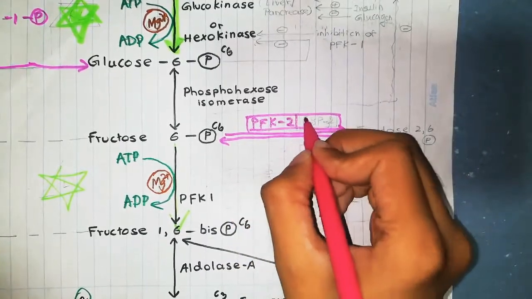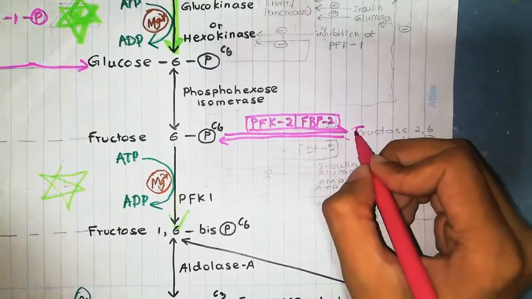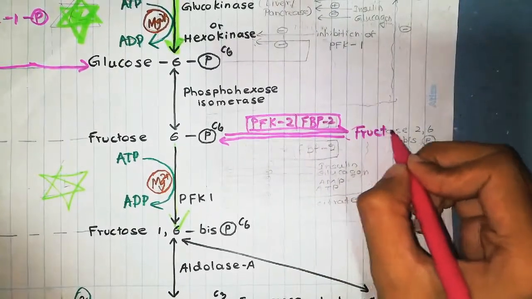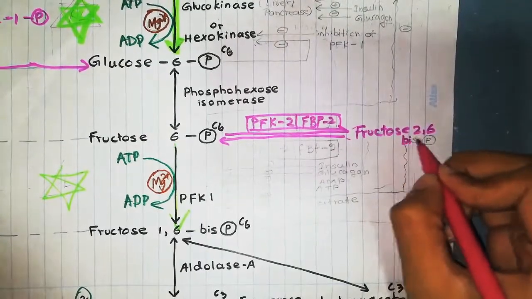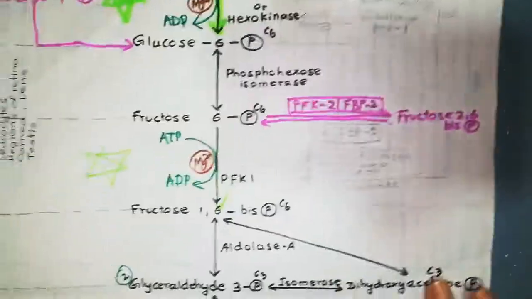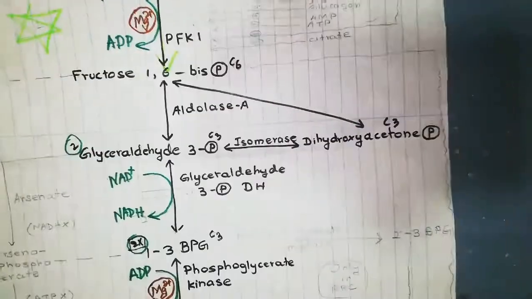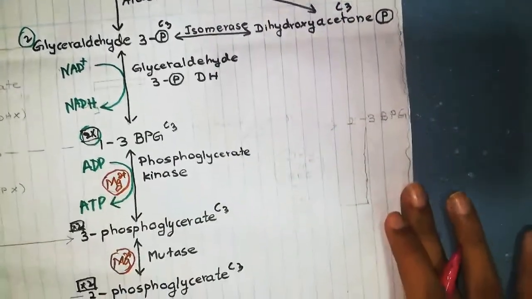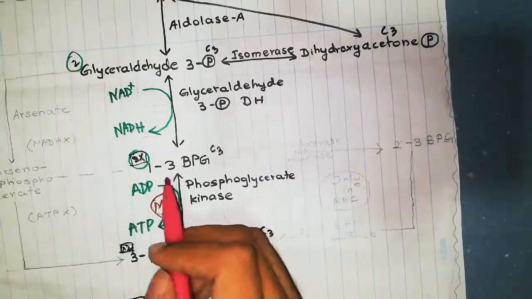Okay, and this fructose 2,6-bisphosphate is important, I tell you. Okay, and the next additional step can be found only in RBCs. You can see here the